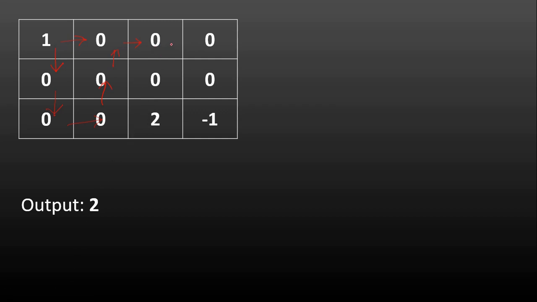So if I was here and I backtrack till this point, and then instead of going down, if I would have gone to the right, and then came down here, and then again came to the left, and then go down, so I can cover all the empty cells that were formed by this path, right, and reach 2. So this is also a valid path, right? So we found 2 valid paths. Now apart from these 2, if you go in any other direction, you won't find a path which would cover all the empty cells and reach 2, right? So our output is 2 here.